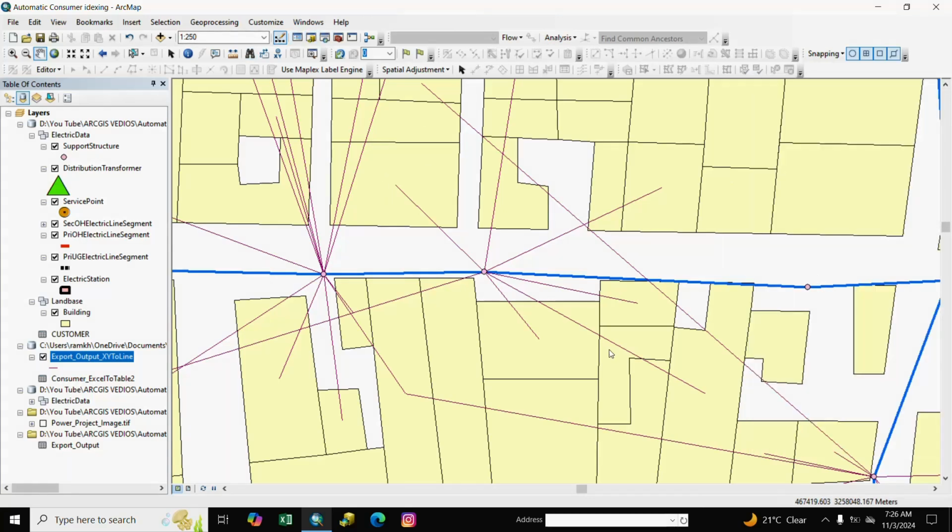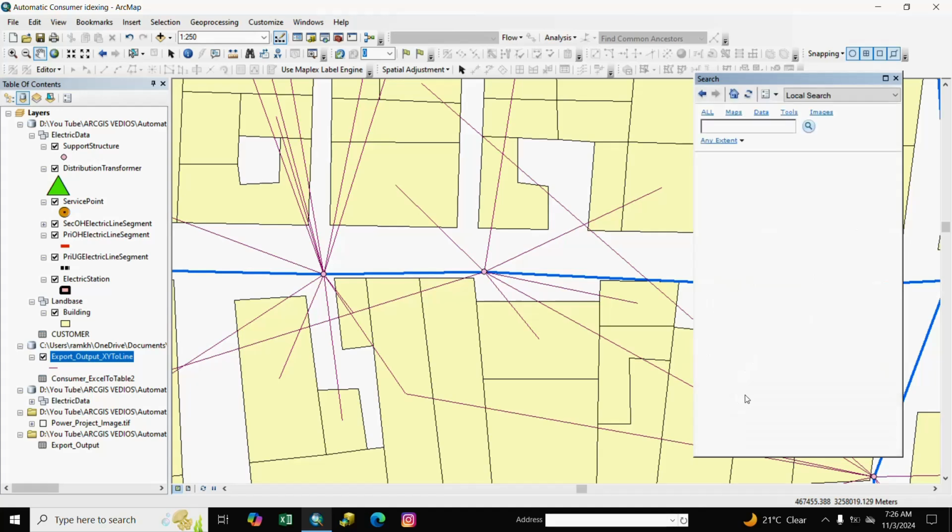We go to search and generate the endpoint for service point.